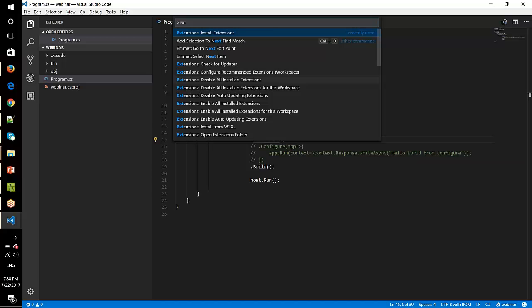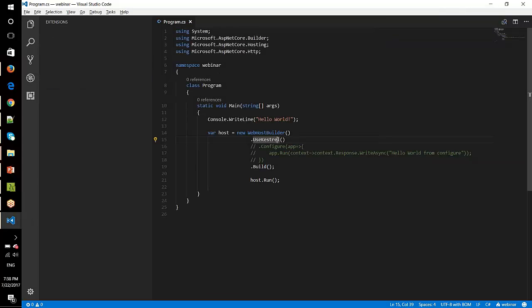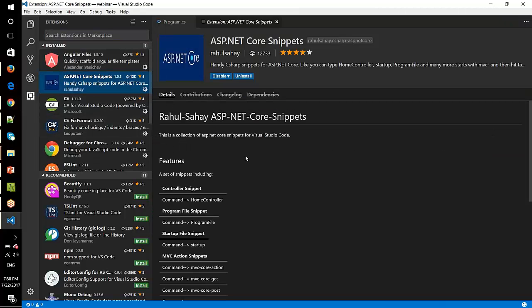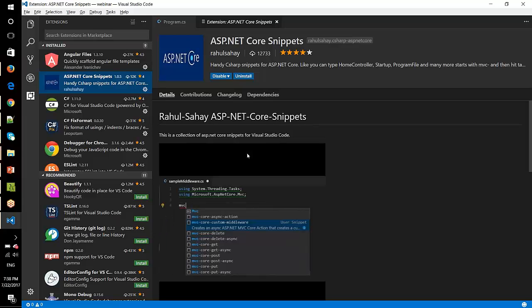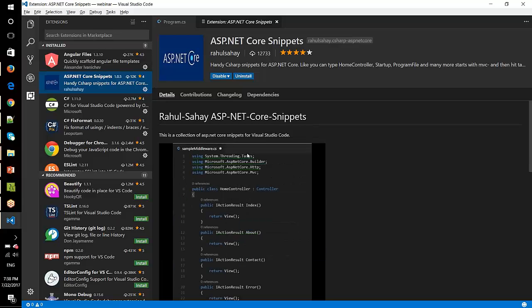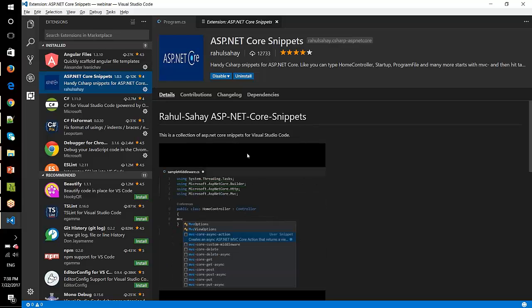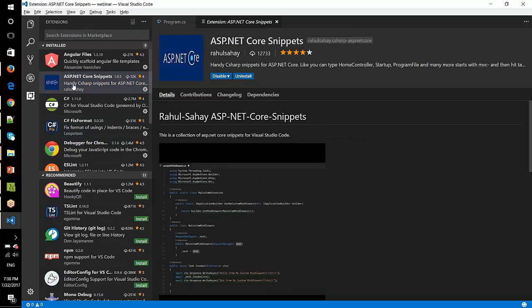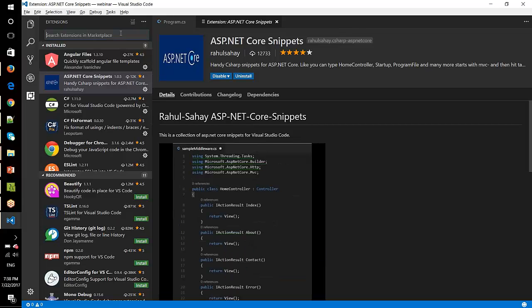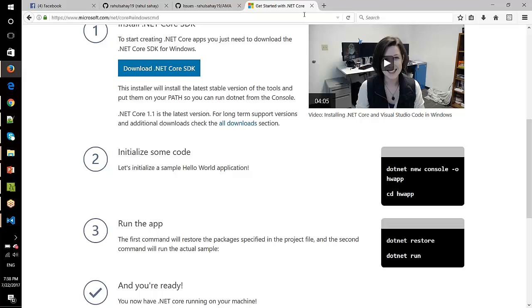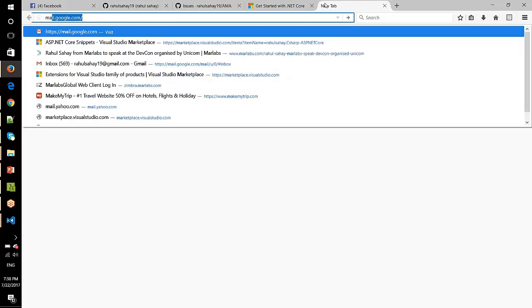So, thanks. When you click on install extensions, by default it will show you the things which I have installed. This is an extension which is pretty handy, which I have written, and this is meant for ASP.NET Core for the Visual Studio Code editor. Either you can type ASP.NET Core here with Control Shift P and install extensions, or you can directly go to that site which is